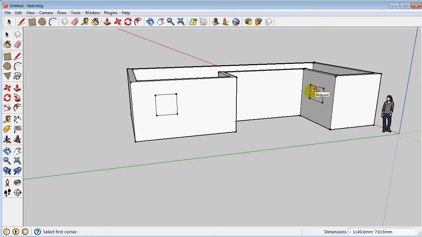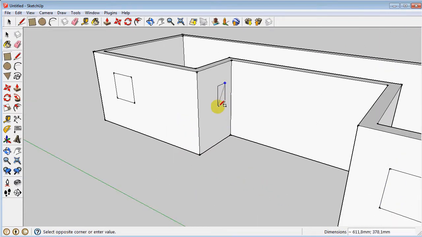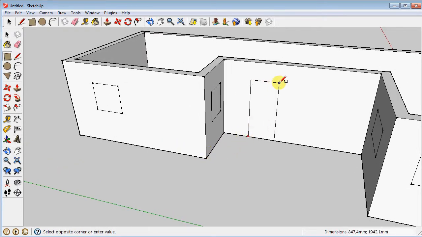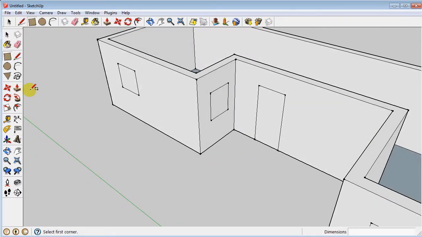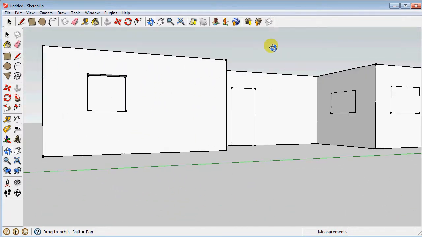As you can see, software is recognizing that surface, and when I do rectangle, it goes to that existing surface automatically. And wall should be, door should be here. And then I make push-pull, and push-pull is not only doing extrusion, but you can also put that into existing objects. And now I was able to create empty